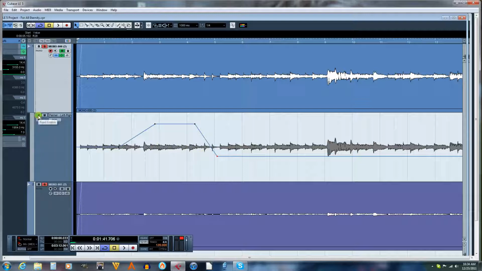And then if you click that and turn off the read, it basically bypasses that automation, so it doesn't do anything. But if you click read, then when it's playing, it'll use that. Write is basically, if you're recording,